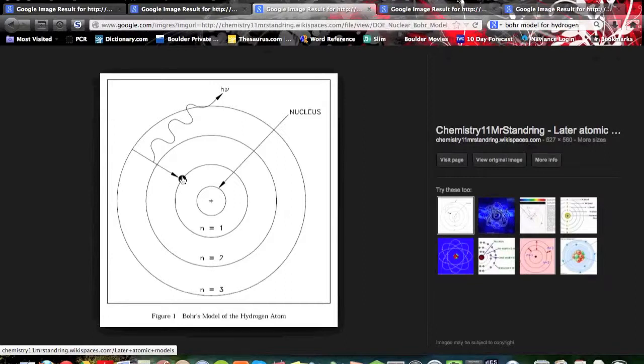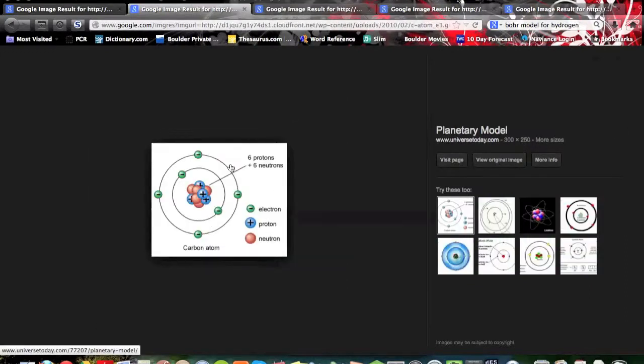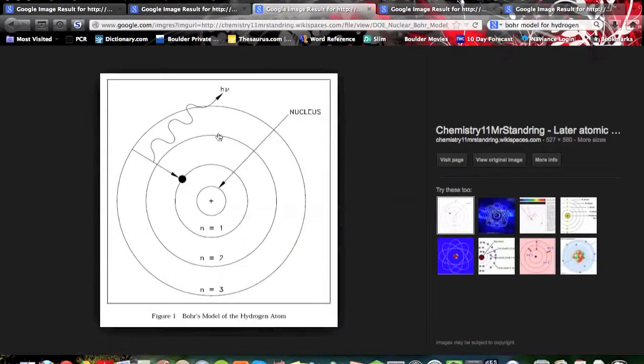This can only happen with what are called valence electrons, which are essentially electrons that are part of a shell that is not complete. So if we go back to the previous one, these 4 are valence electrons. These 2 are not. They are in a shell that is complete and cannot be affected by this. So what Bohr suggested is that when this photon hits the atom, the electron will bump up an energy level and